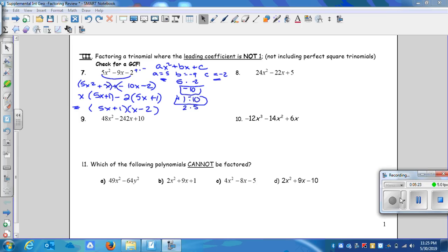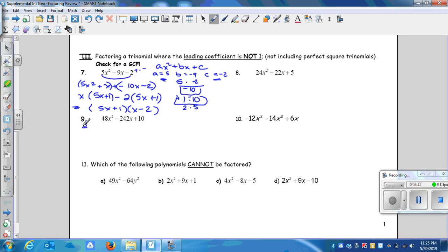Let's go ahead and take a look at number 9. Number 9 requires a few extra steps. So for number 9, we've got 48x squared minus 242x plus 10. The first thing you should always do is check for that greatest common factor. And what I see is that I do have a common factor of 2, so I'm going to take that